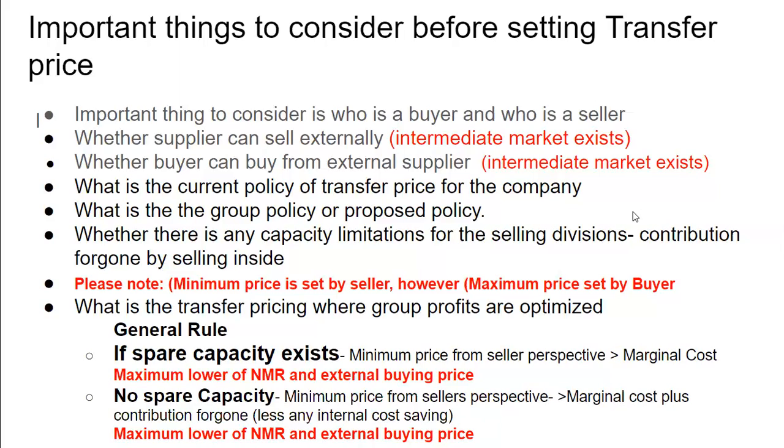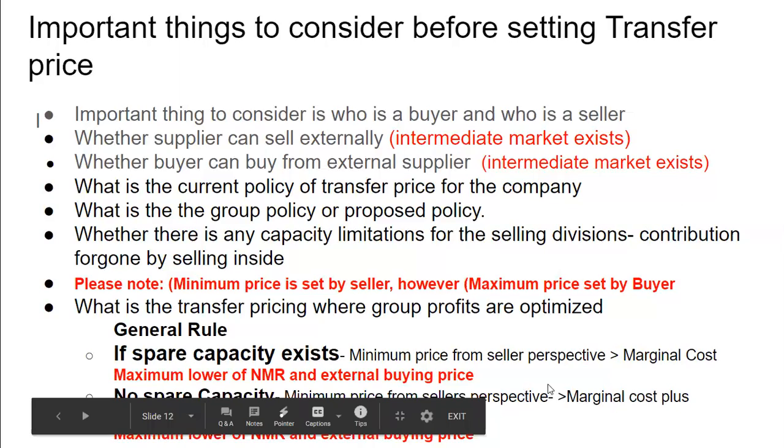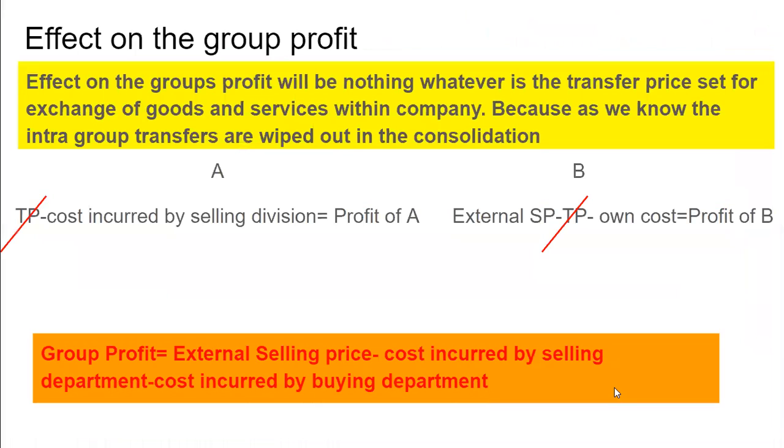So now if the question proposes some policy, where you have to select a transfer price where group profits are optimized, then follow this general rule. This is a rule where none of the divisions would be at a disadvantage. I told you